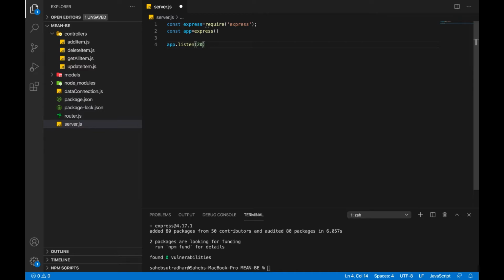So let's use 2000. This listen function takes two arguments. The first one is the port number. Once it's successfully connected to this port, it will fire this callback function. Let's print something.